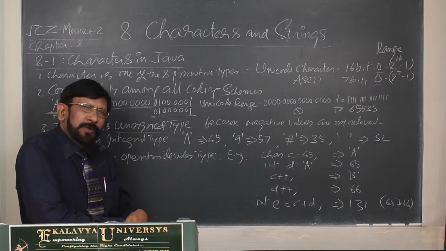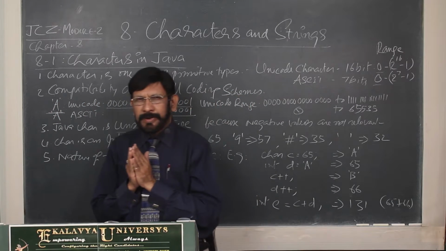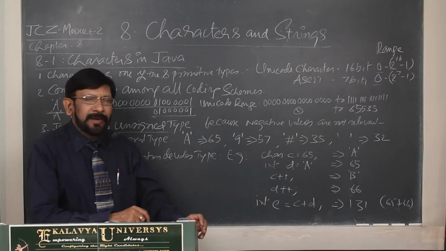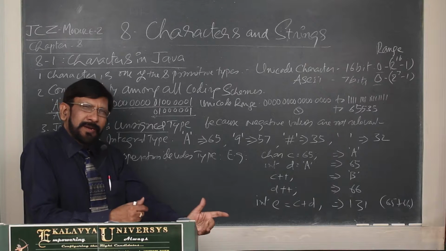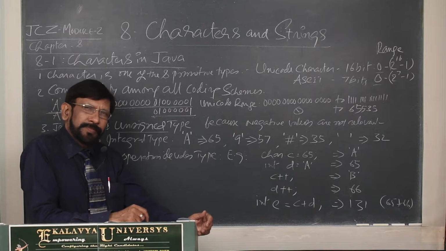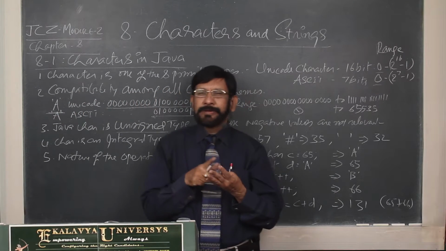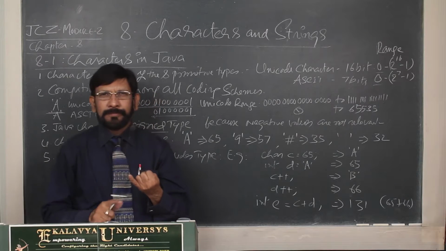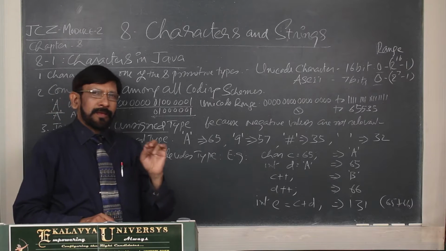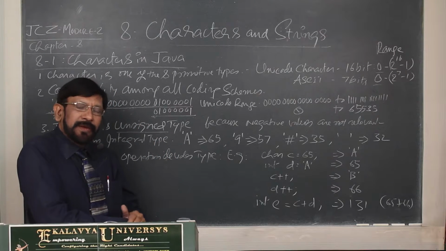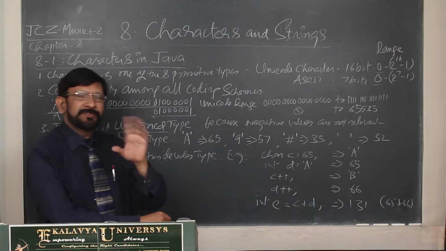And one more important point you have to understand, character. Character type is one of the integral types. Integral means it represents whole value. Now, how can a character be a whole value? You may get it out. Actually, byte, short, int, long are integral types. At the same time, character is also an integral type. In this context, one secret I have to tell you. Every Java visible character represents an integer value.